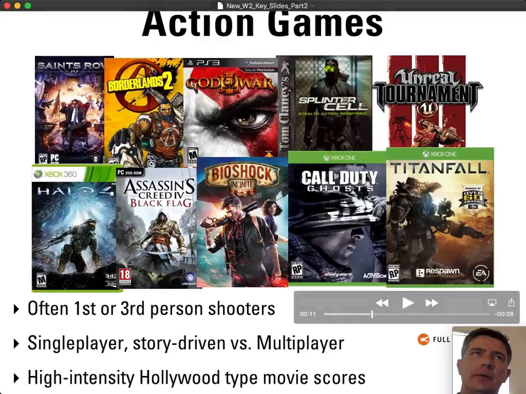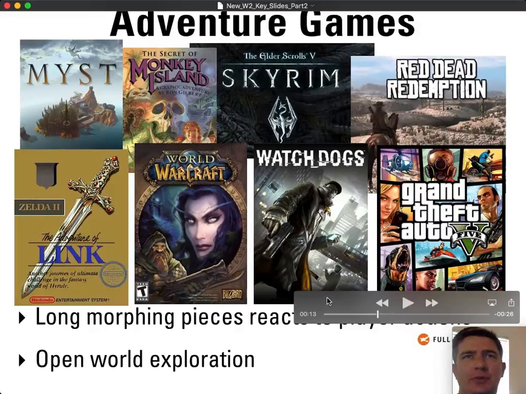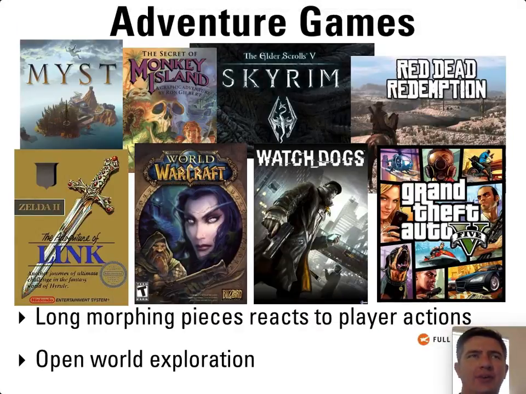But big, large games are sort of in the same line as we'll move over to adventure games. Adventure games are on the same level of size and budget and complexity overall. One of the main differences between an action game and an adventure game, of course, there's all sorts of things that blur these lines, but we're mainly talking about what's known as an open world adventure game, where